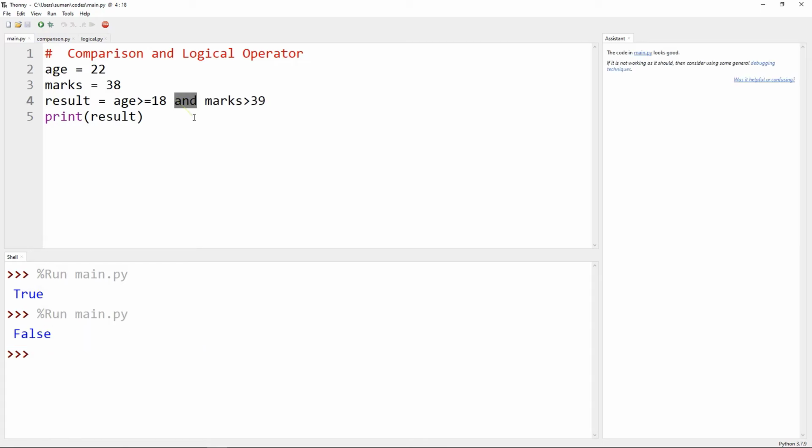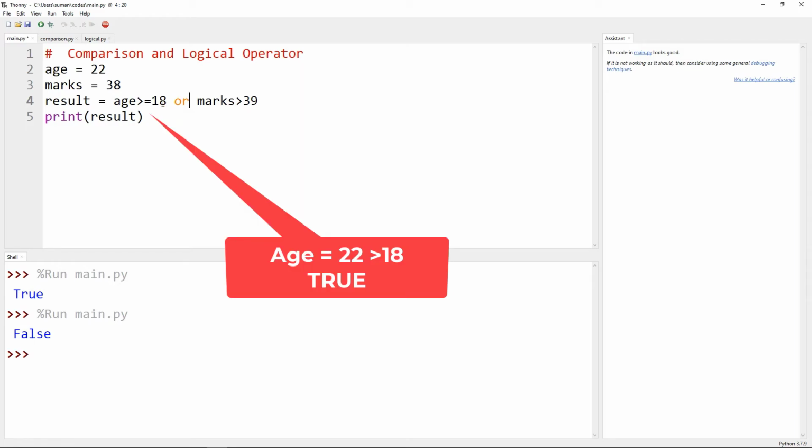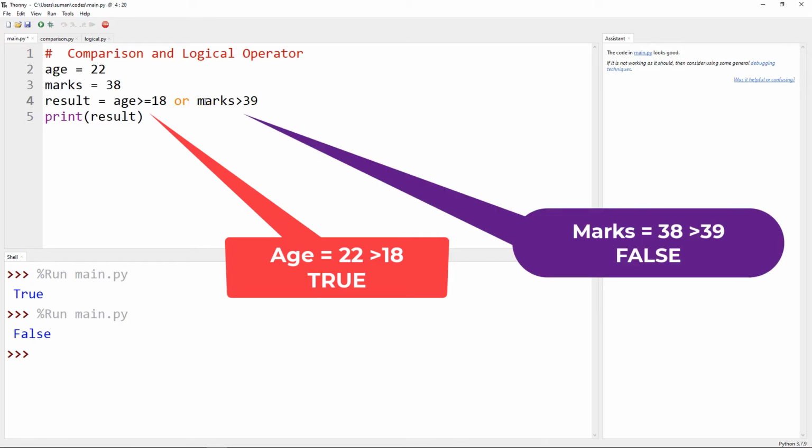We change the logical operator from AND to OR. Now look at the code: age 22 is greater than 18, that is true, or marks 38 is greater than 39, the second one is false, but the first expression is true.